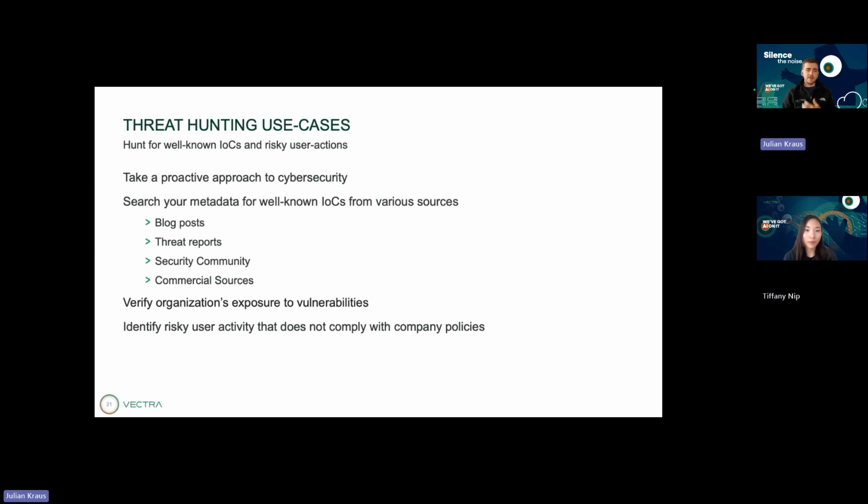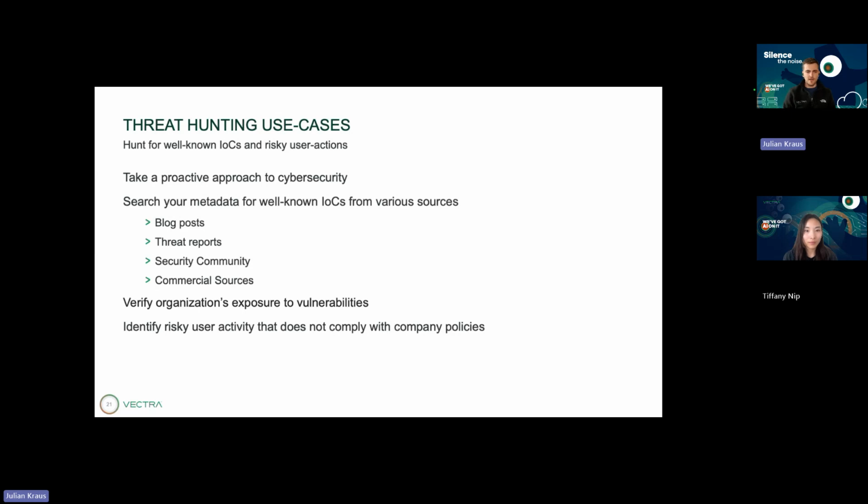And for my part, I think one of the most challenging parts of threat hunting is actually not the hunting itself, but identifying the IOCs you want to hunt for. So what's relevant for your organization, and also what are high quality IOCs that are really reliable and don't generate a lot of false positives. And there are a lot of sources out there where you can get valuable IOCs from,